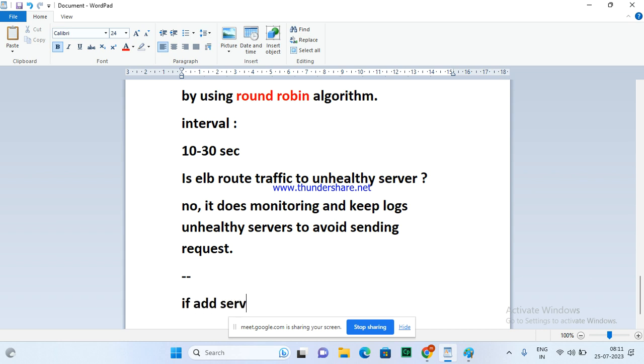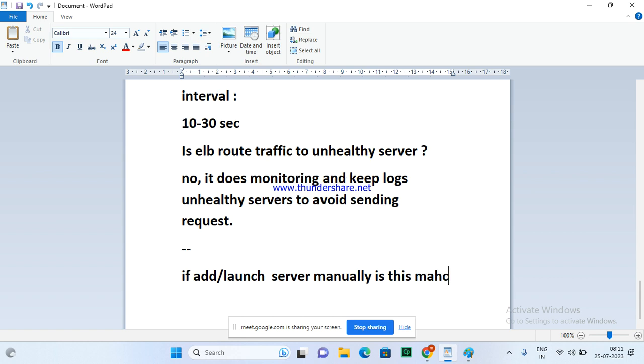If I add a server manually, or if I launch, you can say launch, manually, does this machine get traffic from ELB?